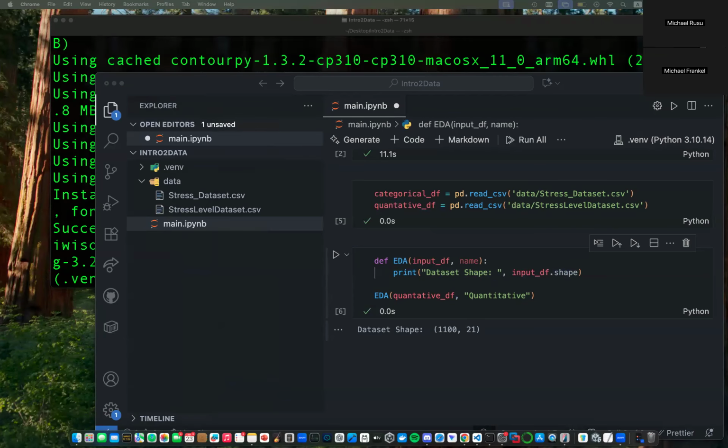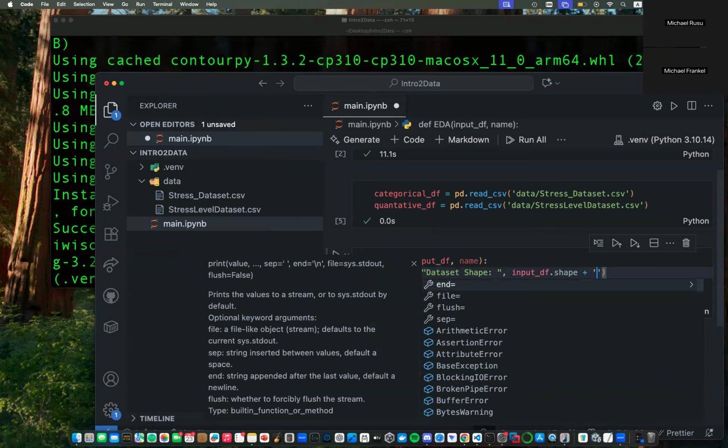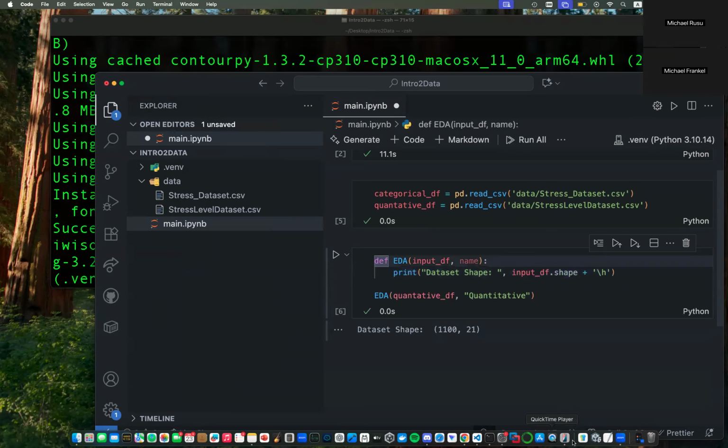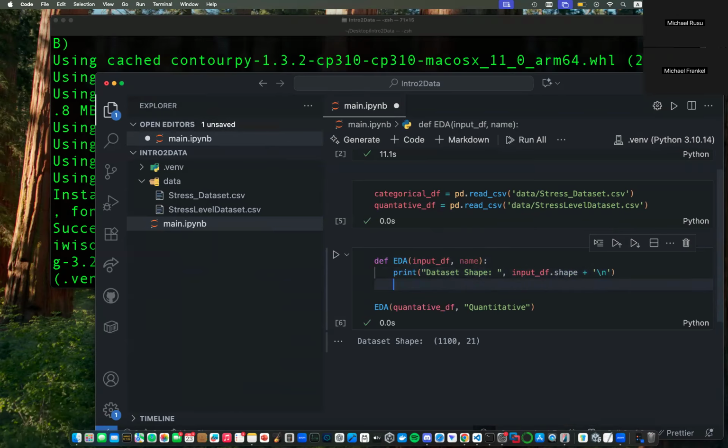And here's what we're going to do. We're going to print the dataset shape. Then we're going to want to print the dataset dtypes. And this will create a new line. I promise you, this will get very hectic. Print